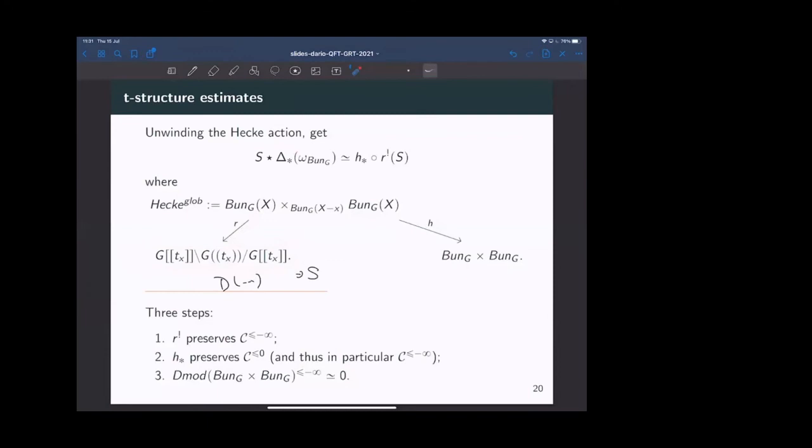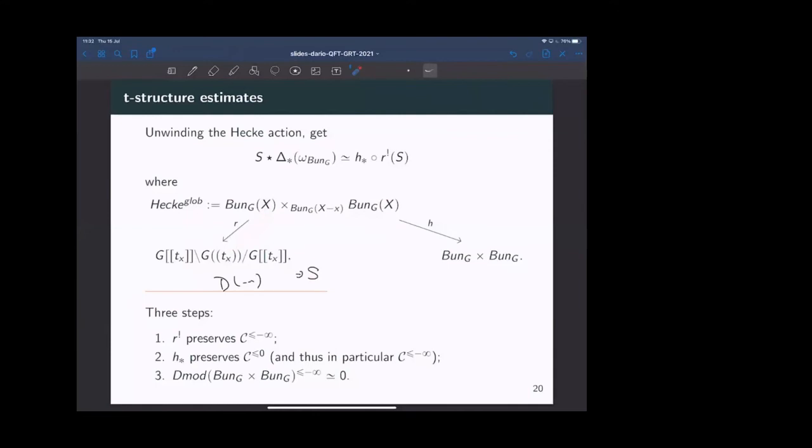Okay, and so I had just this computation. If I start with something at -infinity here, where should I get 0? And so I divide this problem in 3 parts. The first part is the fact that the pullback here preserves things that are -infinity. So if I start with -infinity, I remain near -infinity. And the second part is easier. This push forward preserves -infinitely connective objects, but it just does more. It just doesn't move you to the right of where you are. So if you are at -infinity, you remain at -infinity. If you are at 0, you remain below 0.